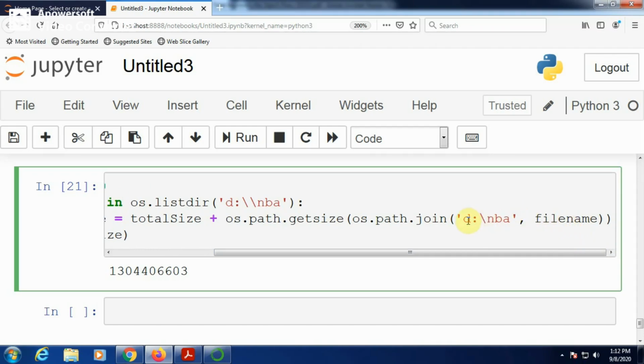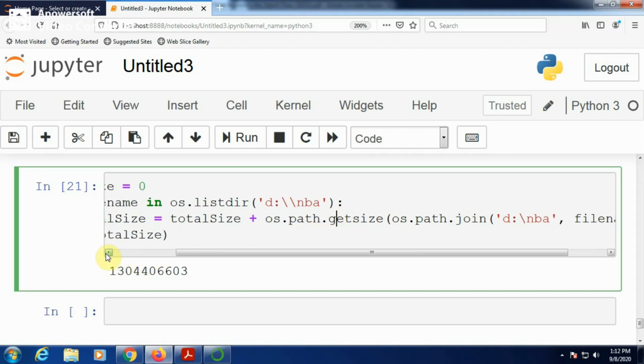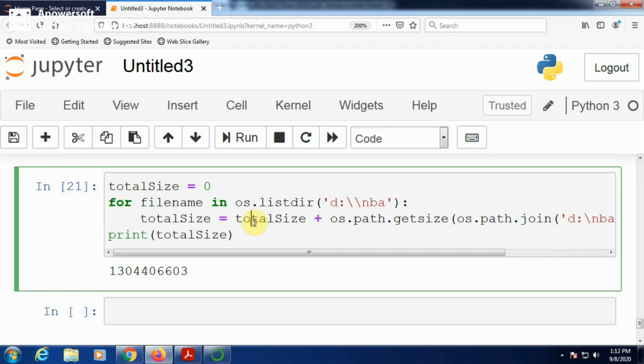The path name and the file name: D NBA is the path name and this is the file name. Both will be joined. D NBA backslash a particular file name will be joined and its size will be calculated. Its size will be taken and added to total size.